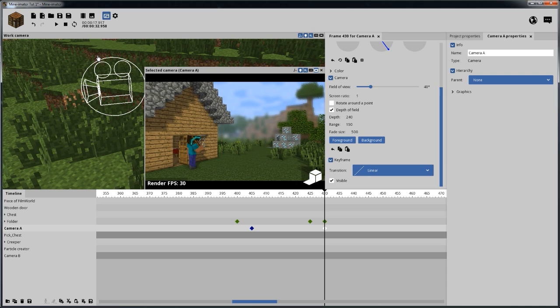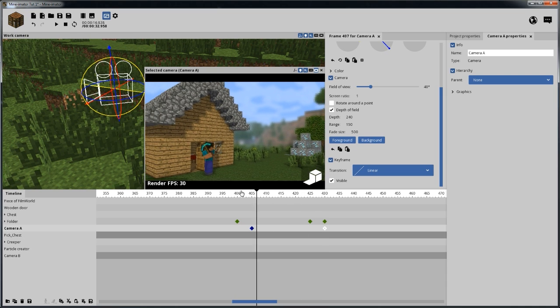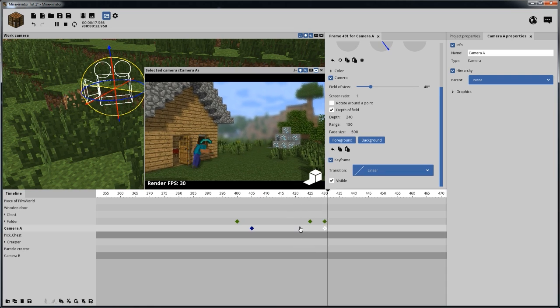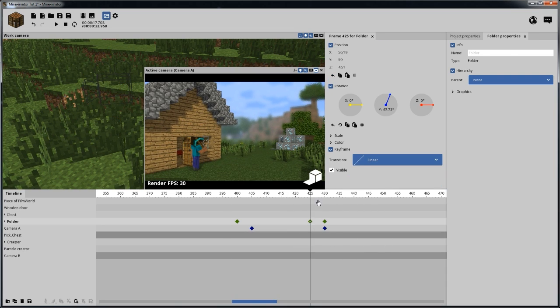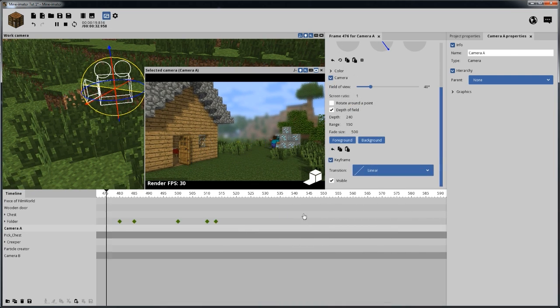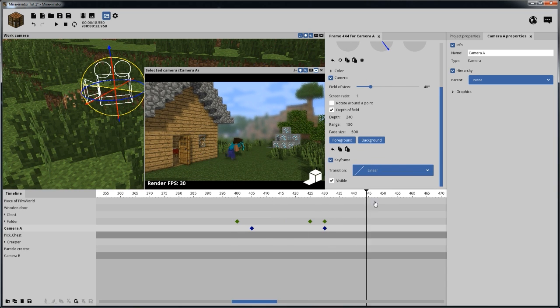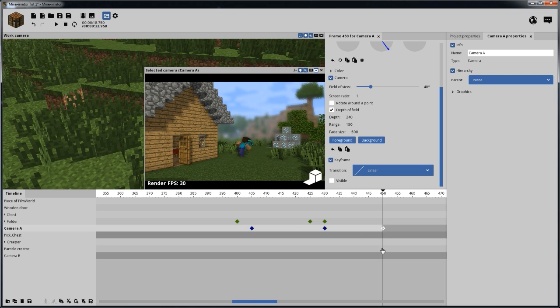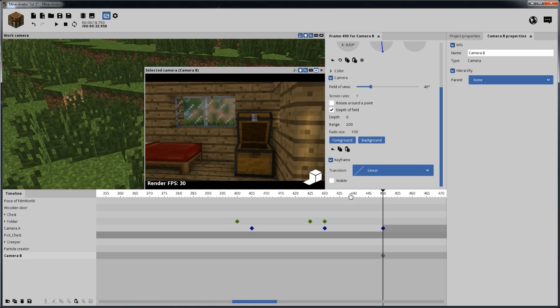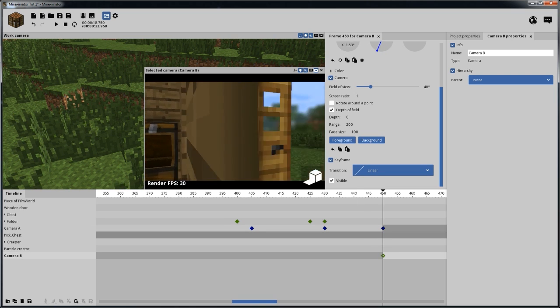Just slightly, something like that maybe. So basically what happens here, it does that. It does that, and Steve runs over, and we're probably going to have it cut as he's on his way over. So let's go ahead and have that one cut out. B camera's going to cut in. I'm going to go ahead and